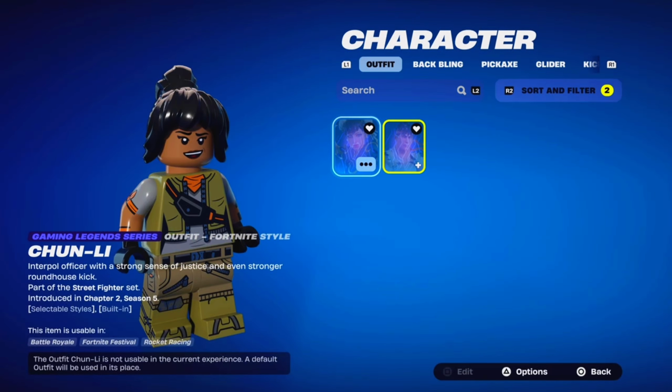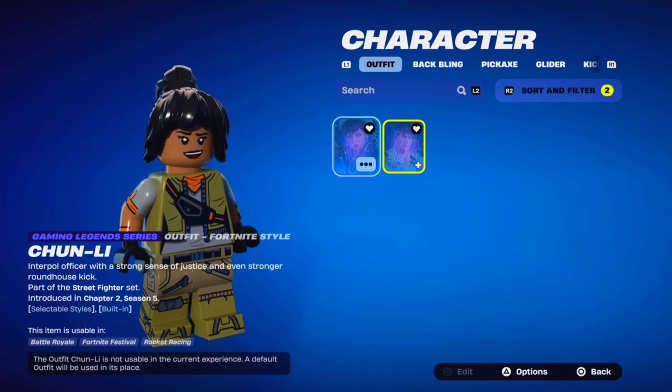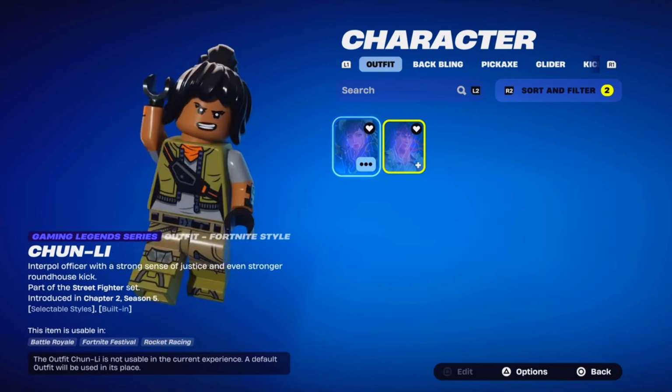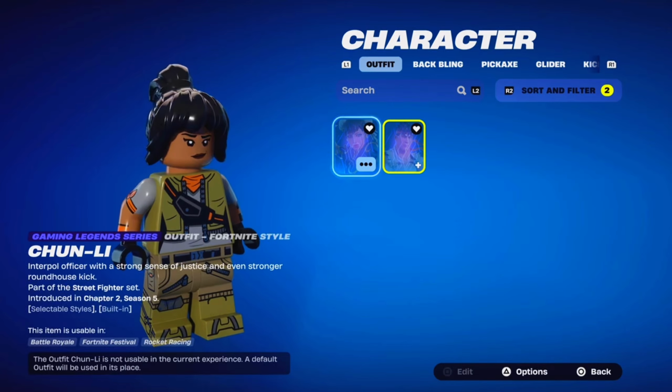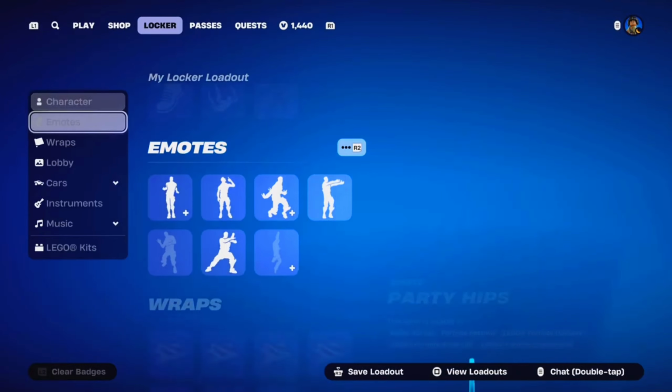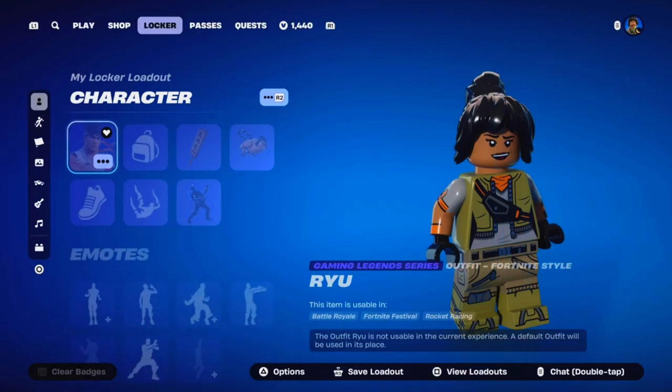I know. This might come as a huge shock to you, but these guys don't have Lego variants. I don't think Street Fighter is as gory or as violent as like Mortal Kombat. It's kind of friendlier or something like that. And yet this stuff can't be updated for Lego. I believe Destiny 2 is updated for Lego. Those guys have Lego variants, and yet these guys can't be updated. I don't know why. That's just the way it is. But regardless,